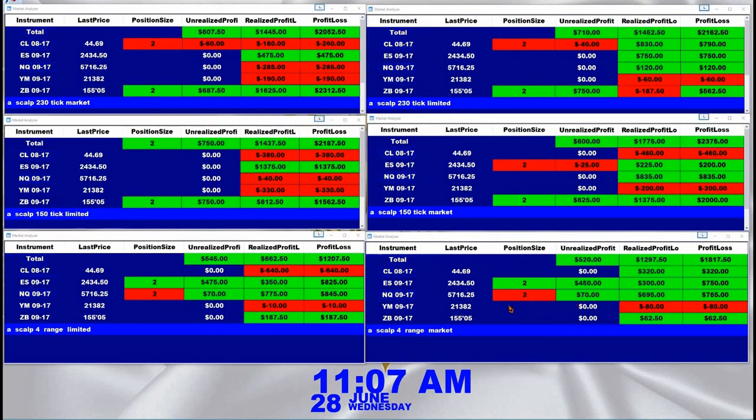And if the market spikes, I personally like limited order and avoid market order. The reason is, if any news comes out or breaking news, your slippage, like when